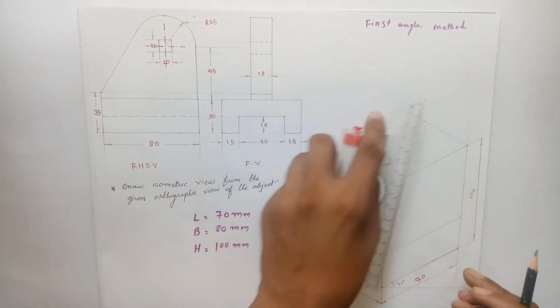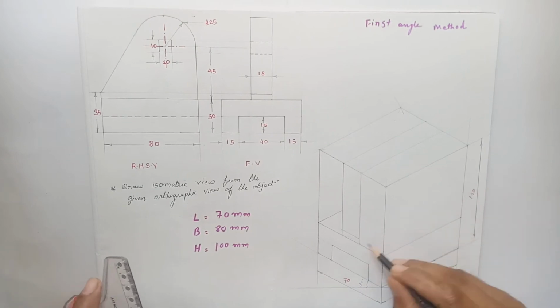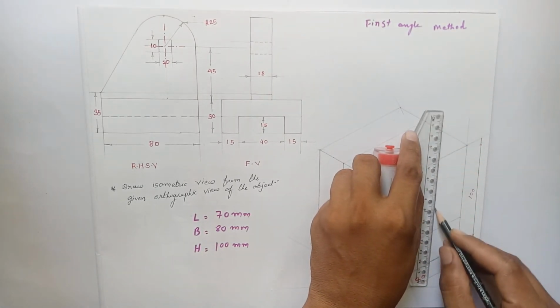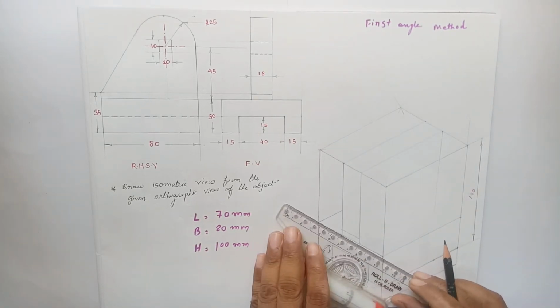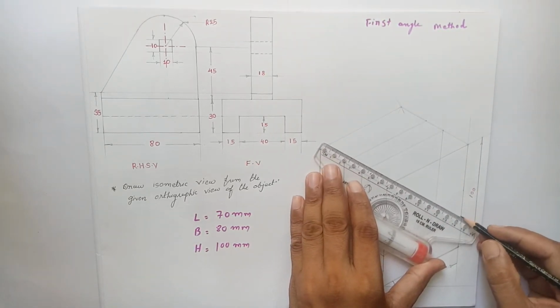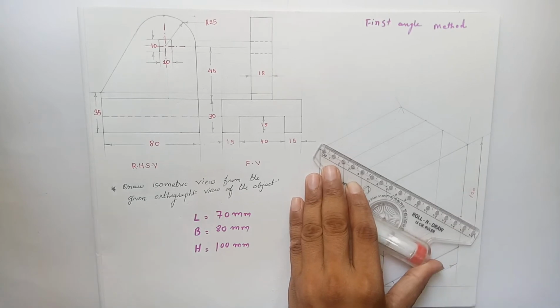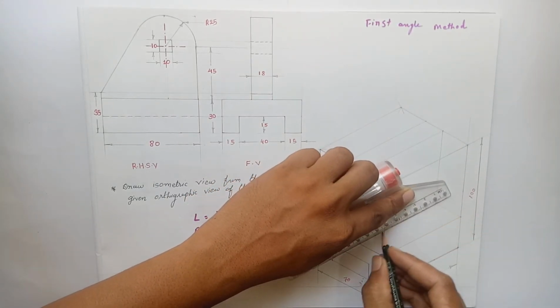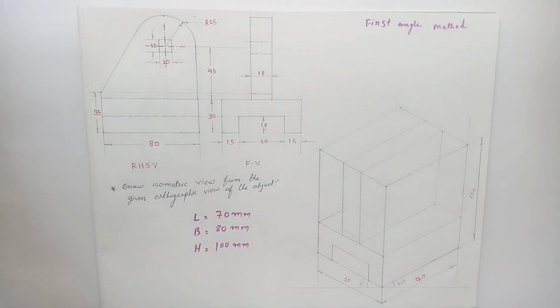And before projecting that particular corner, first of all project this edge like this, this corner over here, and connect this corner to this corner. So right now we have the outline of the object.